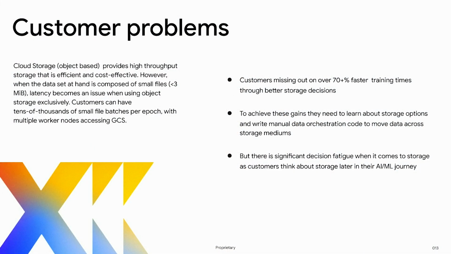And this comes up in 3 symptoms. The first is they are finding it hard to drive the GPU utilization up because data is being a bottleneck. And a lot of our customers are running expensive accelerators like GPUs and TPUs. And the last thing you want is your data to be a bottleneck to not drive up high utilization. And then the second and the third symptoms we see are actually really important as well: customers don't want to be storage experts. They just want their storage to be GCS and a lot of the caching to be automatic by GCP. Instead of them having to learn about a bunch of storage and move data around, it's quite painful.